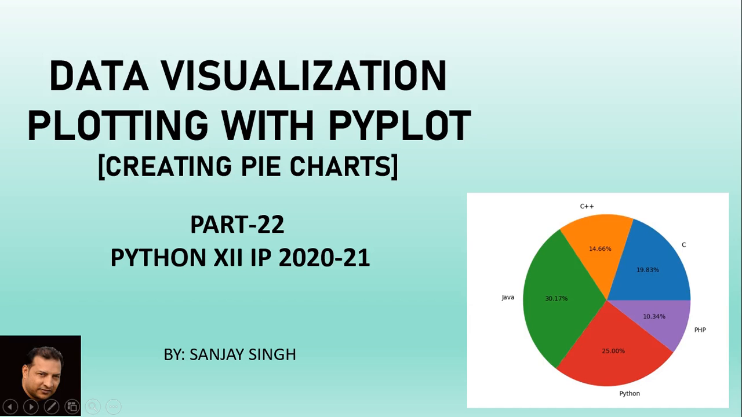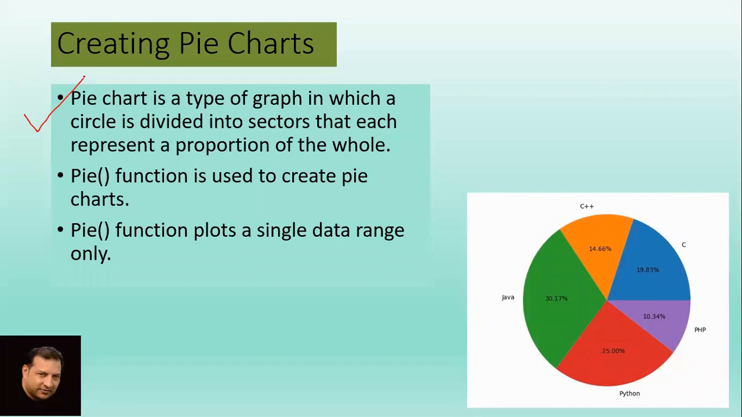Welcome to data visualization. Let us see how to create pie charts. So pie chart is a type of graph in which a circle is divided into sectors that each represent a proportion of the whole. For example, see, this is a pie chart,